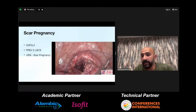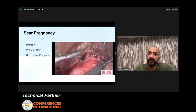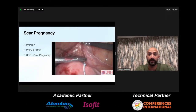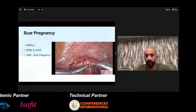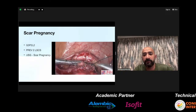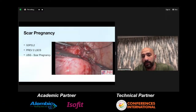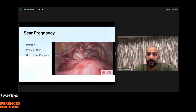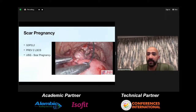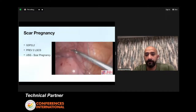But if there's a large thin layer, a person trying for pregnancy, it's not a good idea. It's a better idea to excise all the defective scar tissue before trying for a pregnancy beyond that. So again, using a barb suture, or you could use, I think Nayanaka used a vicryl, interrupted or continuous suture. The only important thing is to make sure you get adequate thickness in your bites to suture the entire thing closed. We suture the peritoneum above it to prevent